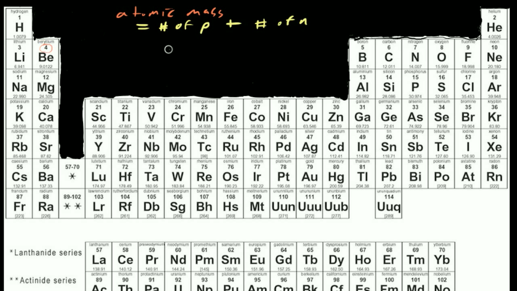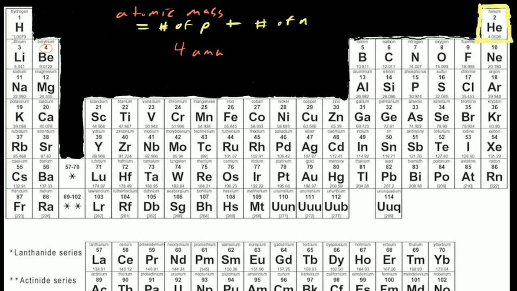I think I gave you the example of a helium atom in a past video, where I said, okay, so a helium atom normally has 2 protons and it also has 2 neutrons. So we would have an atomic mass of 4 AMU. So we went over this in the last video, and now I'm going to show you on the